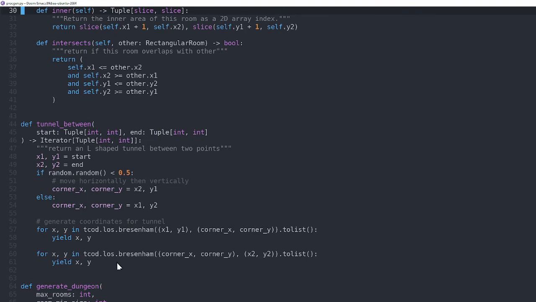The tunnel between them. So obviously TCod has got a lot more to it than what I've discovered so far. But to make these random tunnels between rooms, I've never heard of this particular type of function before, but it's some sort of line of sight algorithm for getting from this point, XY, to a corner. And then it gives you the cells you need to change. It yields out the tunnel coordinates, as it were. So that is what's coming up with